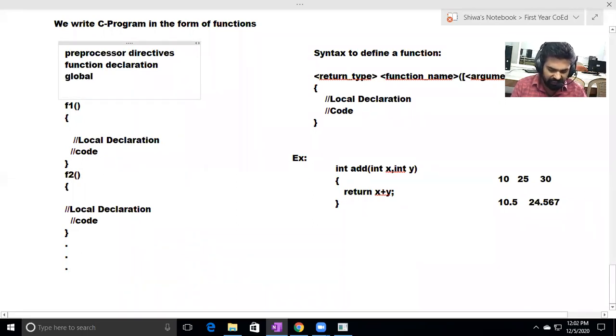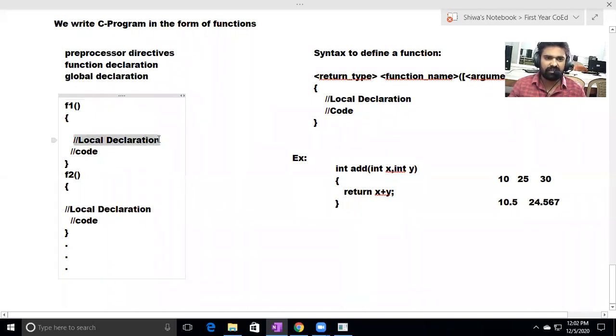That is called global declaration. If we declare within a function, it is local declaration. If we declare outside of all functions, that is global declaration. So we write preprocessor directives, function declaration, global declaration. These things we write outside of all functions.